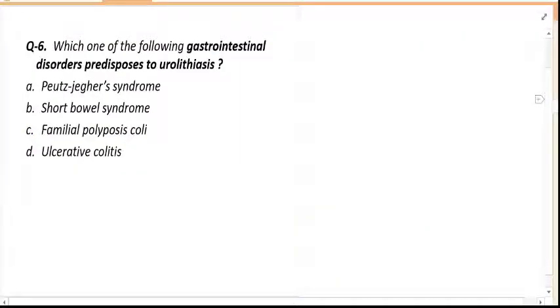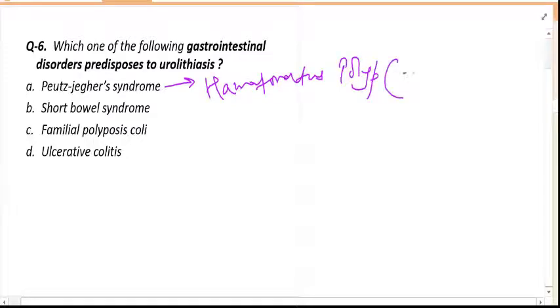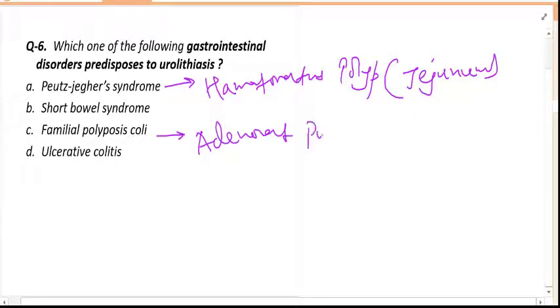Coming to the next question: which of the following gastrointestinal disorders predisposes to urolithiasis? Peutz-Jeghers syndrome has multiple hamartomatous polyps in the intestine, mainly in the jejunum. So this can lead to intussusception and intestinal obstruction. Familial polyposis coli, again, has adenomatous polyps. So this is a pre-malignant condition. This can lead to colorectal cancer,